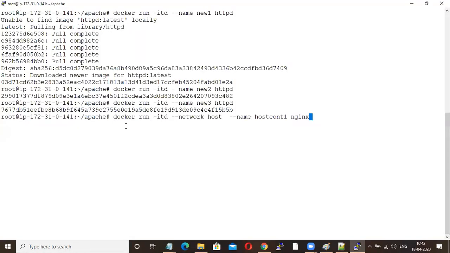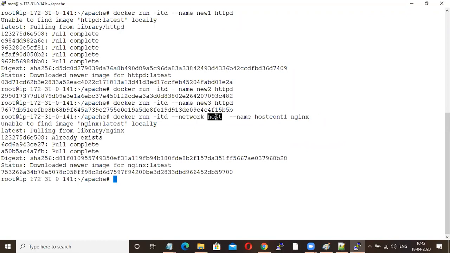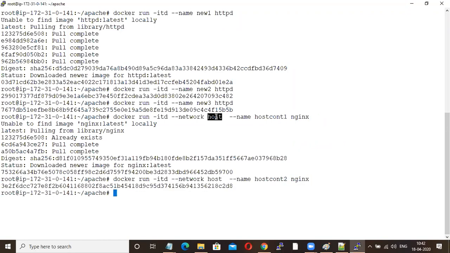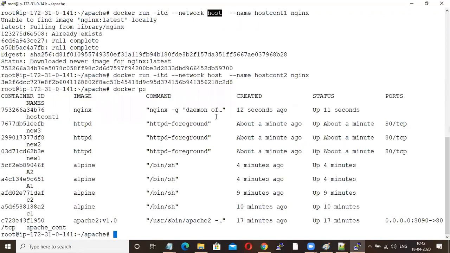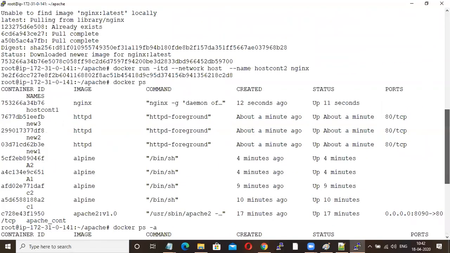See now I'm creating one container with host network. Okay, if I launch a second container, Docker PS, Docker PS -a, it will be in exited state. Why? Because Nginx will occupy 80 port, and 80 port is already occupied.